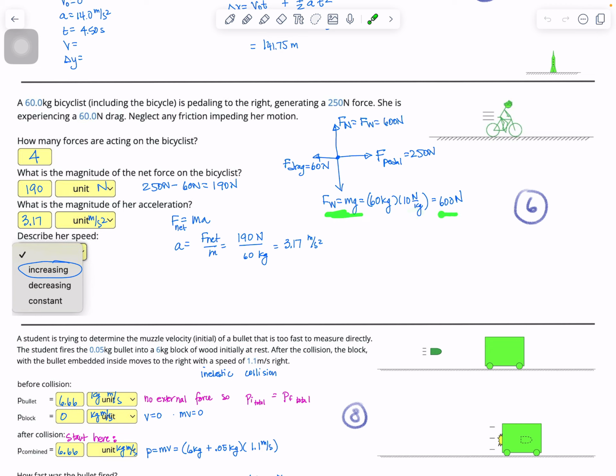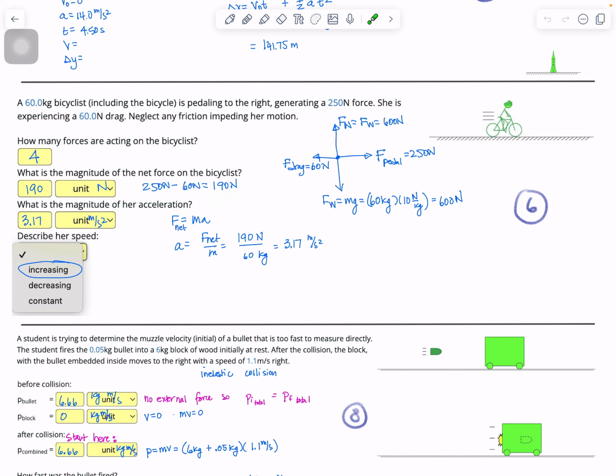So weight, 600 newtons. Normal force, 600 newtons. Those are going to cancel each other out because it's not moving in the vertical direction. And so in the horizontal direction is where I get my net force. I've got 250, which is the forward, minus 60, which is the reverse, and that will give me 190, so